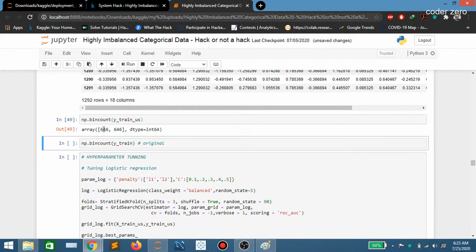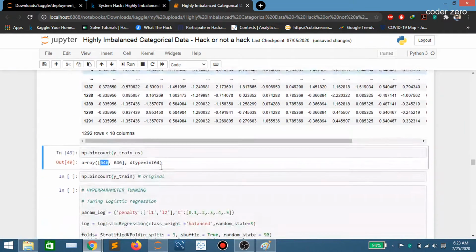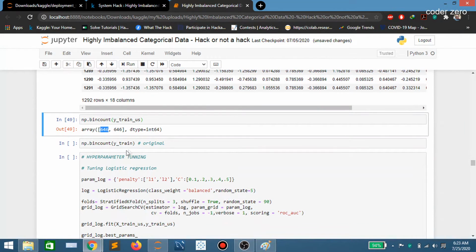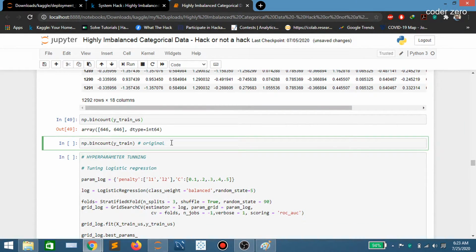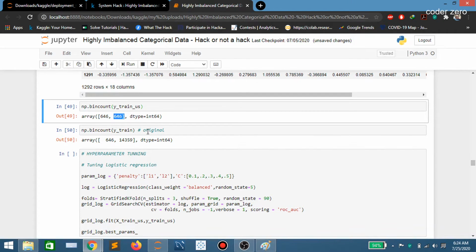Now we have the same number of data points in both classes. If you add these two, you will get 1292. Our original data has 14,359 belonging to class 1 and 646 belonging to class 0. Now after undersampling we have 646 and 646 in both classes.